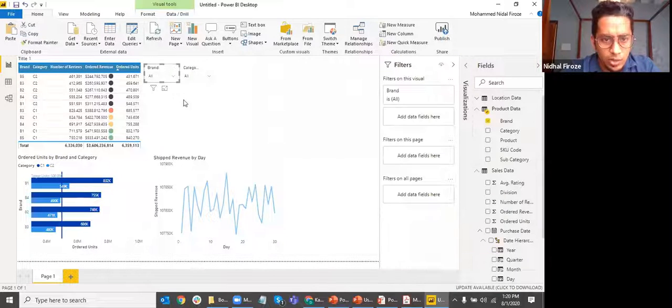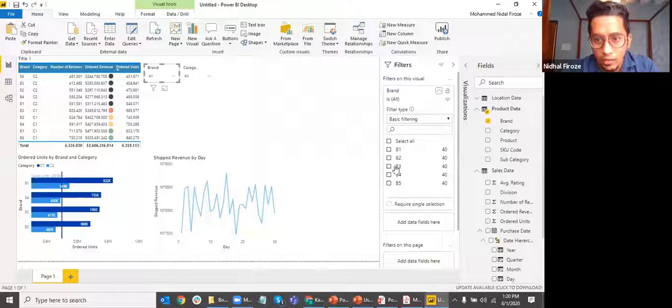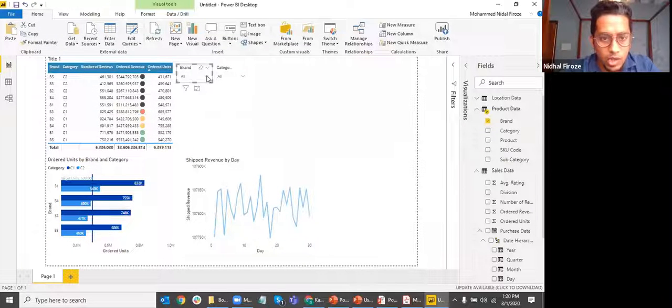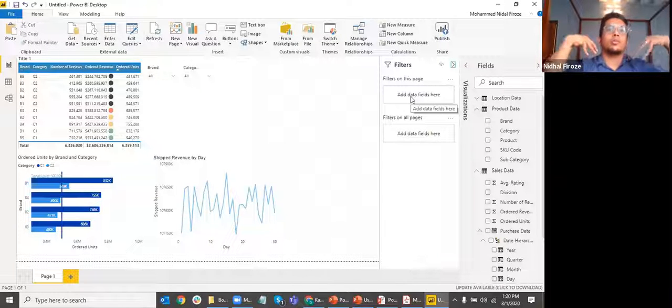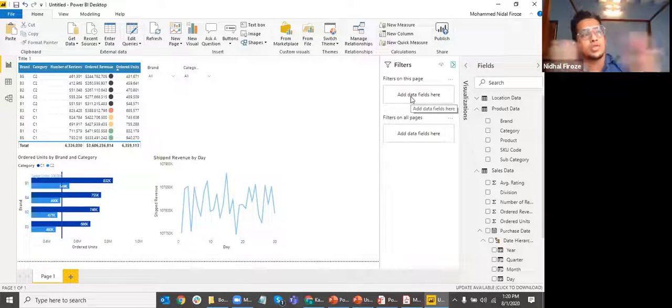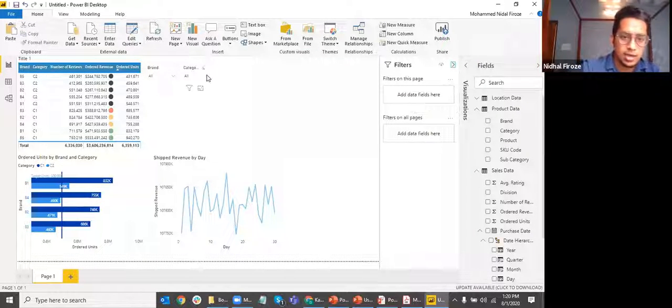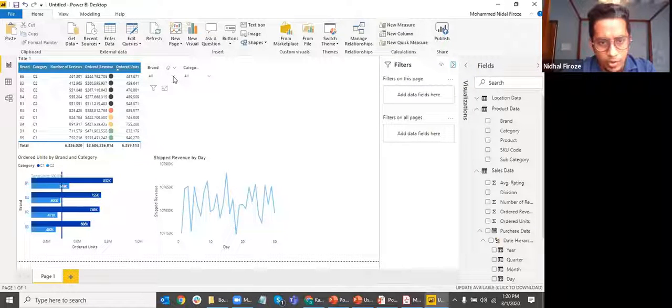And even in this one particularly, maybe I don't want to show the B5 one. So I am going to unselect B5 from there as well. Okay. So now the client will only be able to select from B1 to B4, right? So this filter will basically filter it out before publishing that dashboard, so that the client will not be able to see what has been filtered out. So that is like a backend, and you should always inform the client that at the backend, I have done these filters, and probably they would have asked you to do those filters. But these slicers also work just like the filter. You can select which ones to show, which ones to not show, but this is for the front end. Okay. So that's the difference between the front end and the